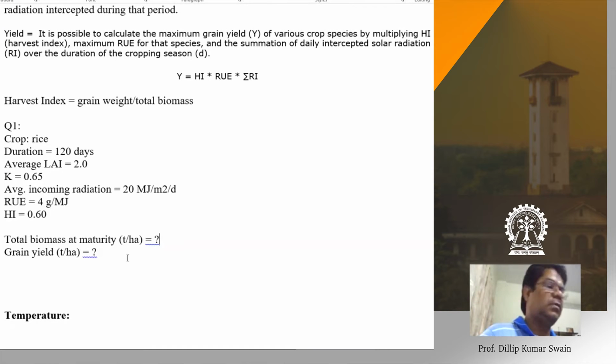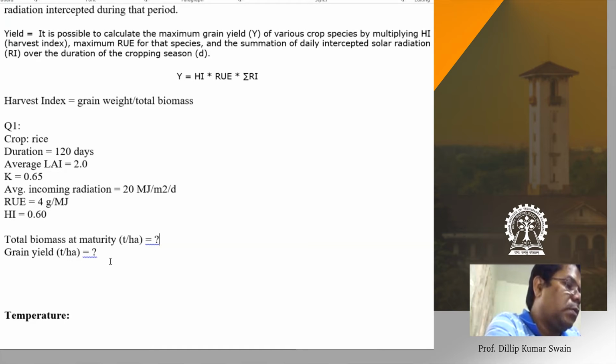Sir, biomass is about 7 kg per meter square. How much? 7 kg per meter square. Did you divide by 2 because of the photosynthetically active radiation? Take care of that one. The total incoming radiation is 20. Photosynthetically active radiation is 50% of the total radiation. Yes, sir, I didn't divide by 2. The answer is 3.5 kg. Yes, approximately 3.5, that's true. Correct.